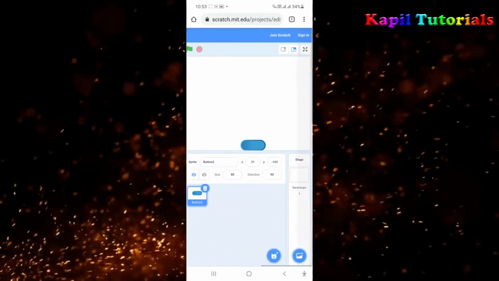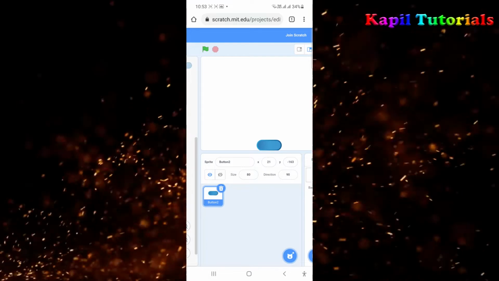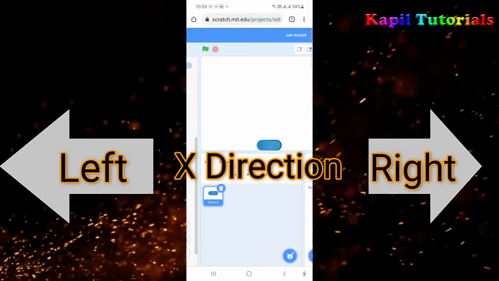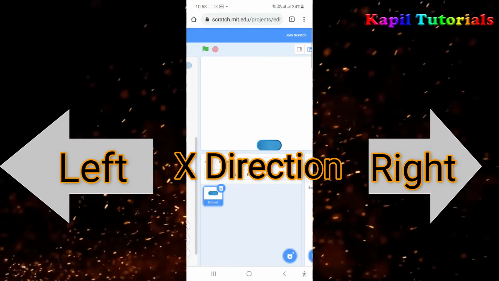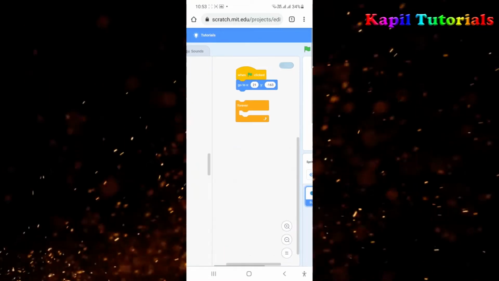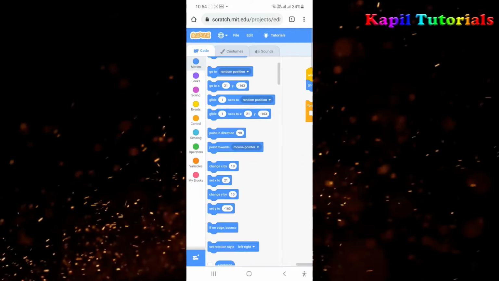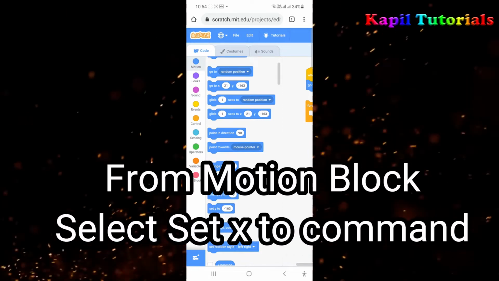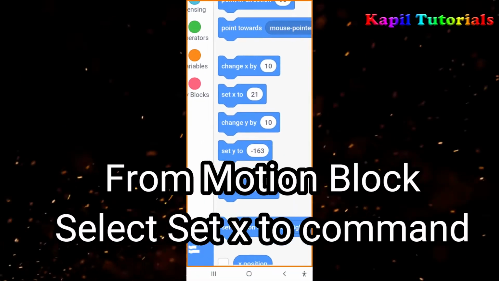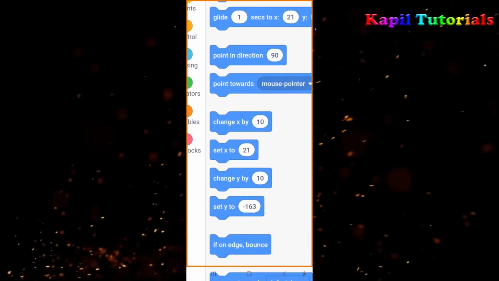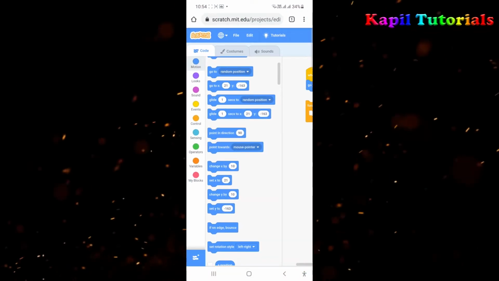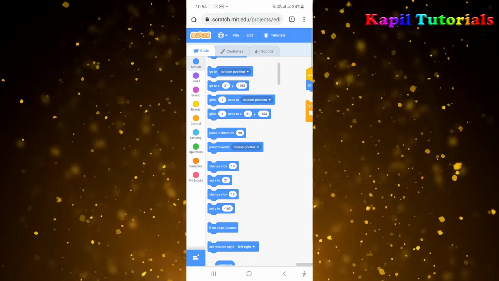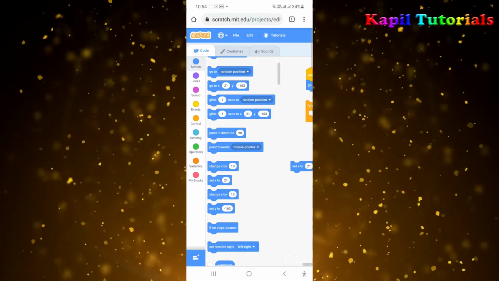I want my sprite to move along with the finger in the X direction. X direction is left and right. So I'll take the command here, set X to 21. This one I want to take. So I'll drag it here,